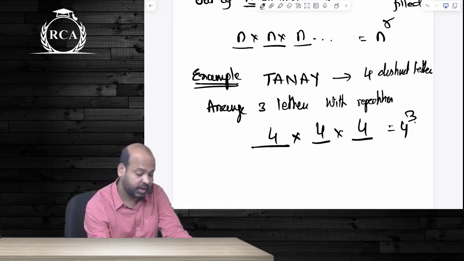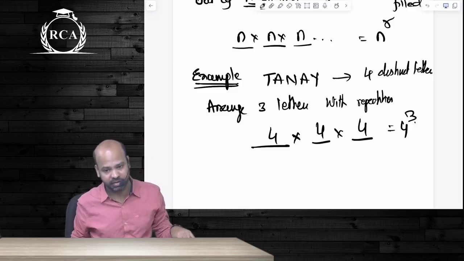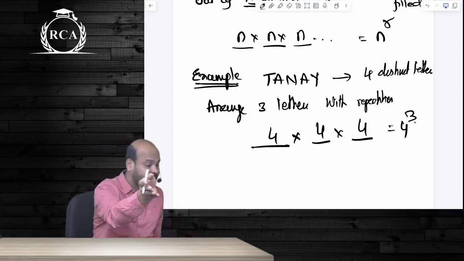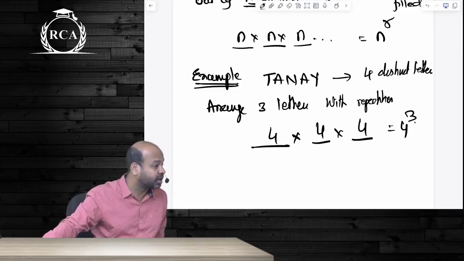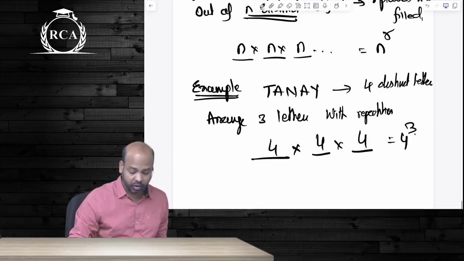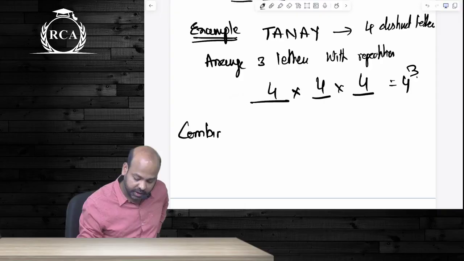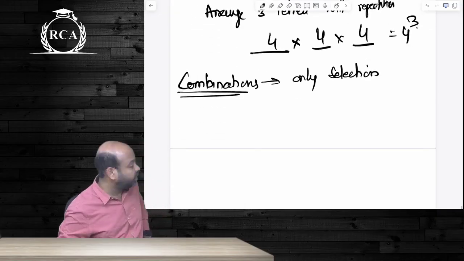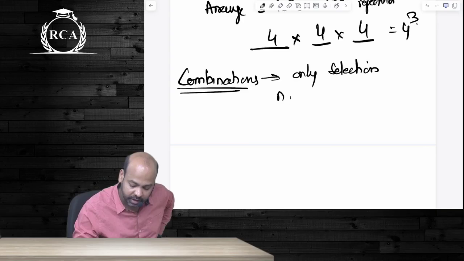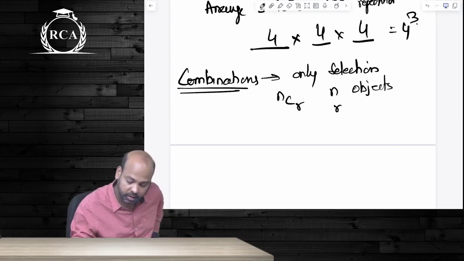Next, we did the case of combinations. That completes all the cases of arrangements: linear arrangements, circular arrangements, repetition given in the question, repetition allowed in the answer, things that should come as one group, alternate seating arrangement, no 2 things should come together. These are the common cases that come in the examination. For combinations, it is only a case of selection. So how do you write this? nCr, wherein you have n objects and r are to be selected.